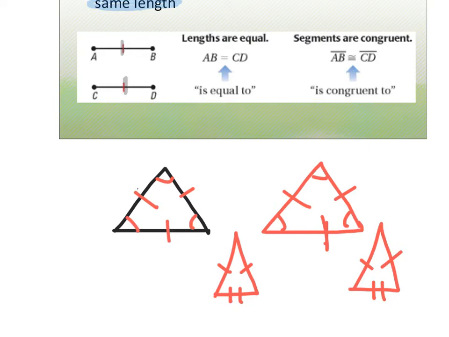So we're going to be viewing quite a few triangles, and we're going to have to prove them congruent. And we're going to learn a lot of postulates. So for now, just realize that if they have the same congruency tick marks or congruency markings, then they're congruent